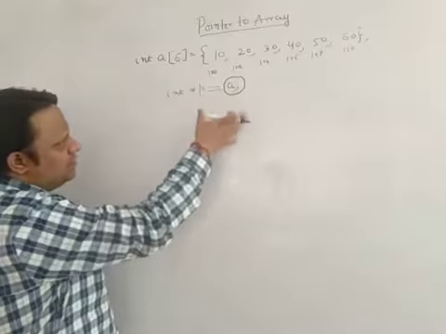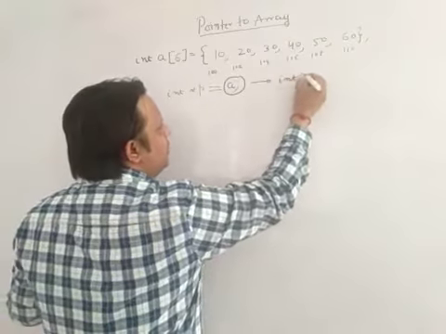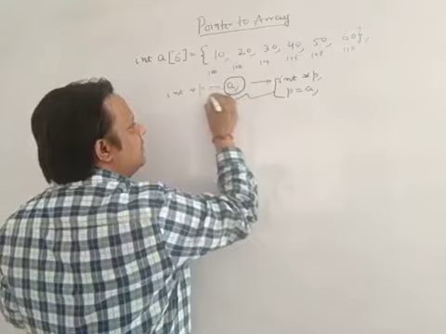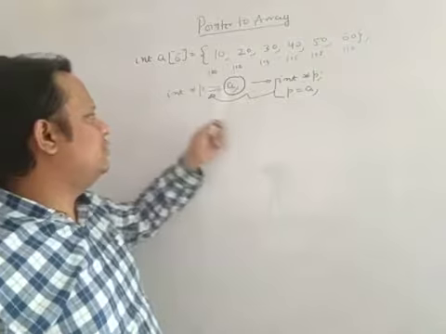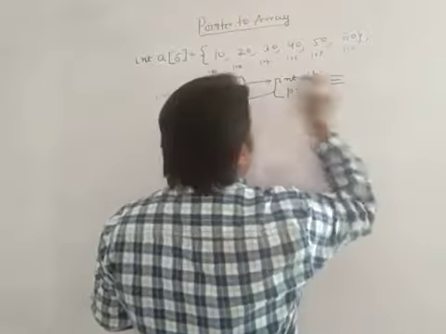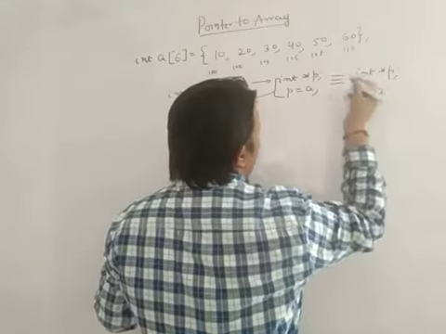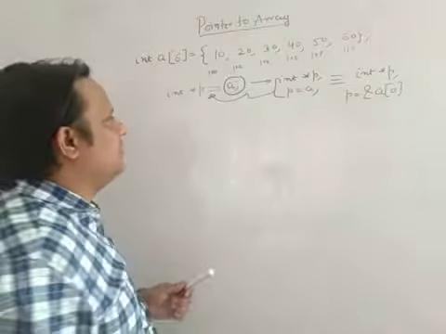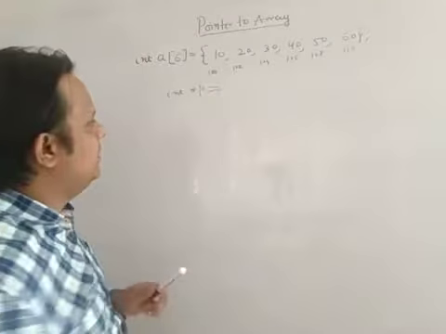So when you write int *p = a, basically you are combining two lines into one. It means you have a pointer int *p, and you can write p = a. When you combine these two lines, it becomes int *p = a. So you can write it this way also, or even you can write it like this: we have a pointer int *p and you can write p = &a[0]. All three are the same. All three denote your pointer to a, where your pointer is pointing to the base address of the array. So I am writing int *p = a.